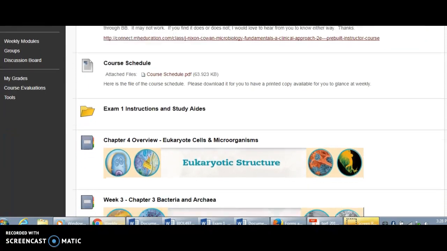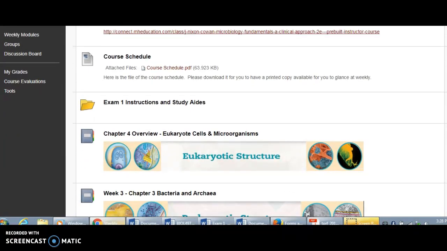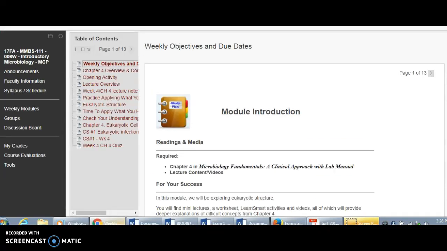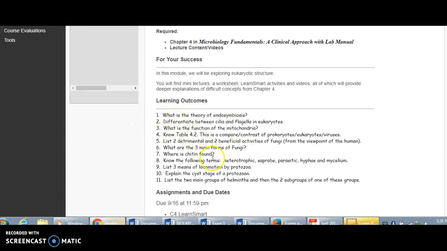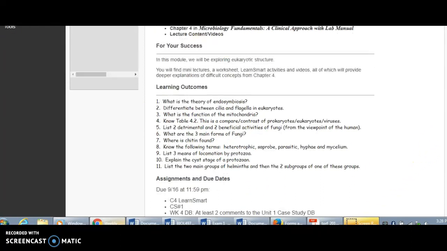Alright, so your Exam 1 is going to be over Chapter 1, Chapter 3, and Chapter 4. And this week we go through Chapter 4, which is eukaryotic cells and microorganisms. So you have the overview with these different learning outcomes, chapter objectives for this material.